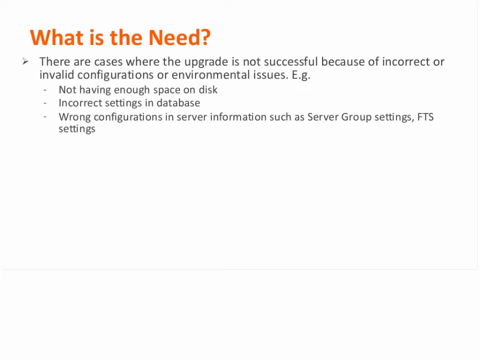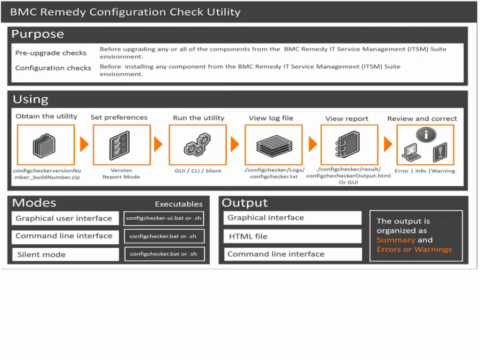So what we have done is we have written this configuration check utility, which you will run before running the installer of any of the components. What this comes back with is a list of the configuration settings which can cause your upgrade to fail. Essentially, it will connect to the server and figure out the deviation, and it will also recommend what you need to do in order to correct that setting.